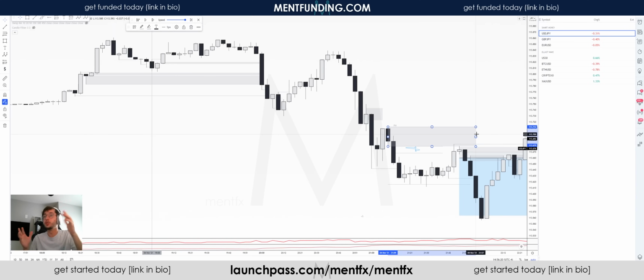Which inefficiency do I use, the higher time frame or lower time frame? Well, you use a combination of both. You understand how the confluence of a lower time frame inefficiency, confluence with a higher time frame inefficiency, and how a higher time frame supply or demand zone confluence with an overall lower time frame inefficiency and overall lower time frame zones. I'm not going to get into it too far right now because there's a lot behind it,